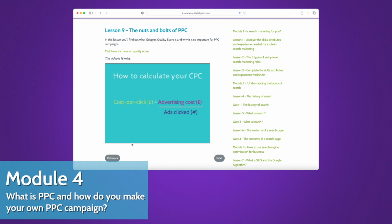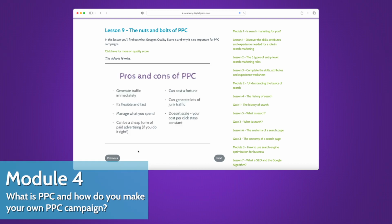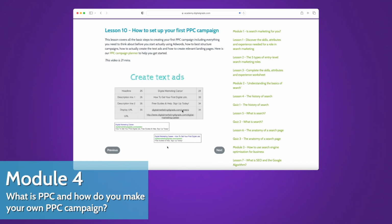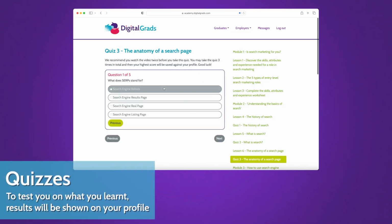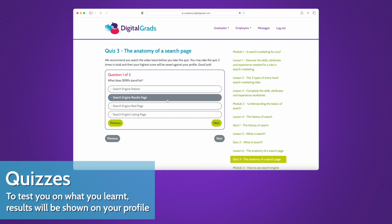The fourth module goes into the nuts and bolts on how PPC works, understanding what Google's quality score is, the pros and cons of using it in contrast to just SEO, and how to set one up for yourself. And finally, the last module will include information on how to analyze search campaigns and data to use for your own campaign. There are, of course, quizzes dotted throughout the course, testing you on what you have learned, and as